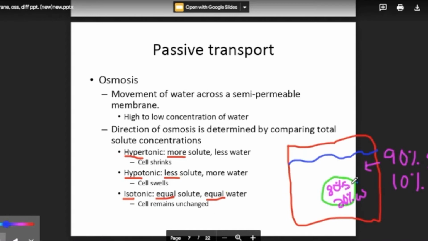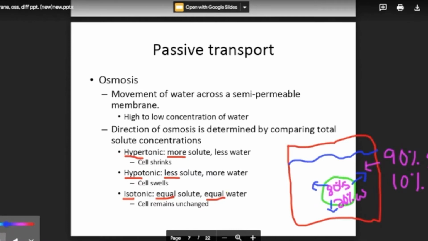that's going to flow outside the cell. It's going to go outside the cell because it's going to wherever there is more solute, which is outside the cell. So the water will go out here because it's trying to equal out the solute. And because water is leaving the cell, what's going to happen is that the cell is going to shrink. It's going to shrivel up. So that would be a hypertonic solution where there is more solute outside the cell than what there is